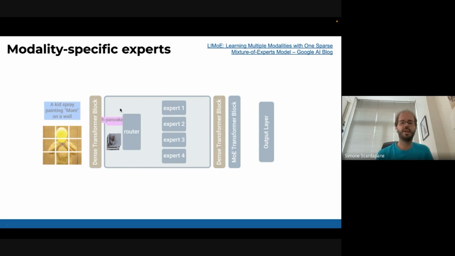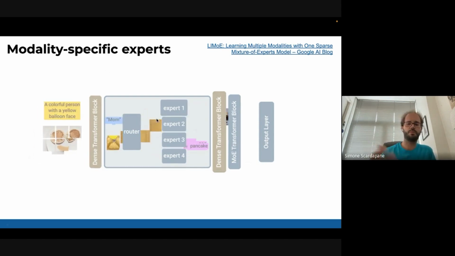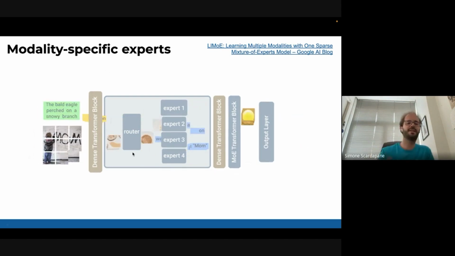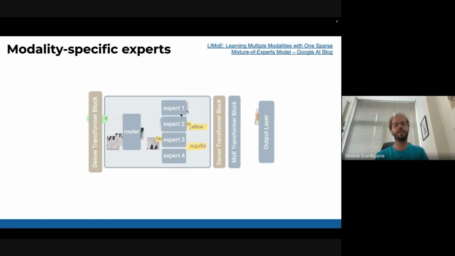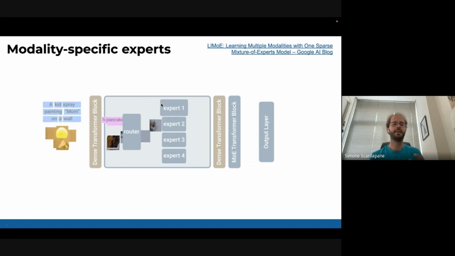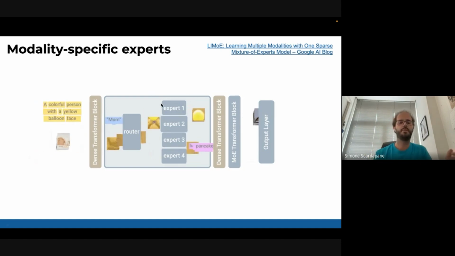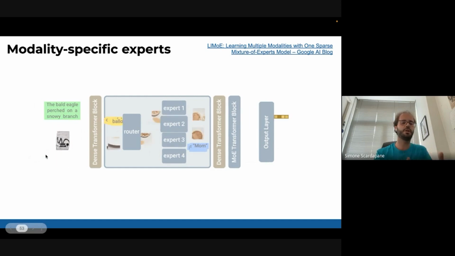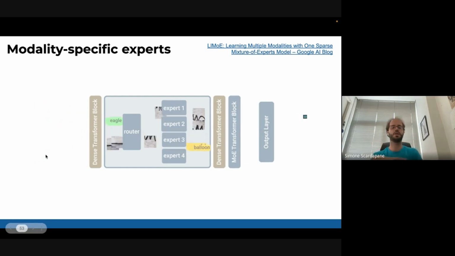And the idea is that if I have a mixture of experts, I can design this easily so that different experts specialize on different types of data and they don't interfere. I will have some parts of the network specialized on text, some parts specialized on pictures, and some parts that are maybe shared across different modalities.